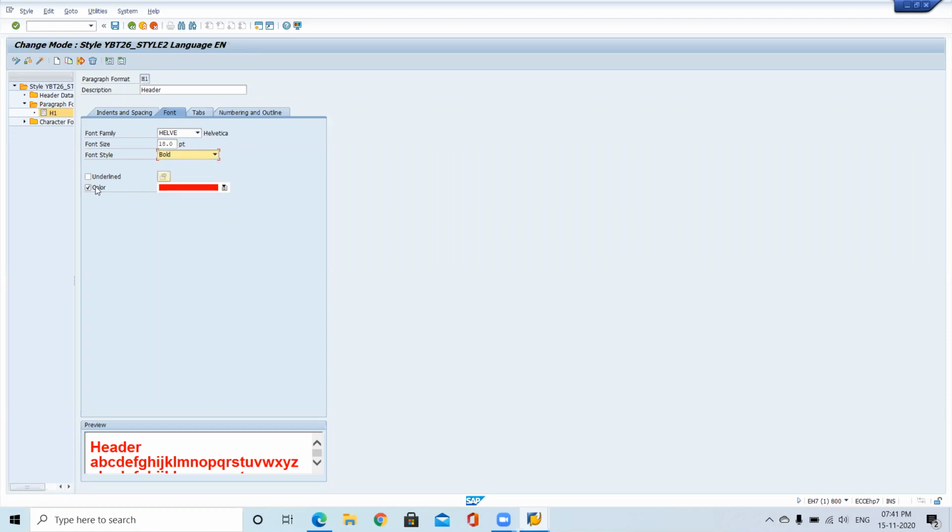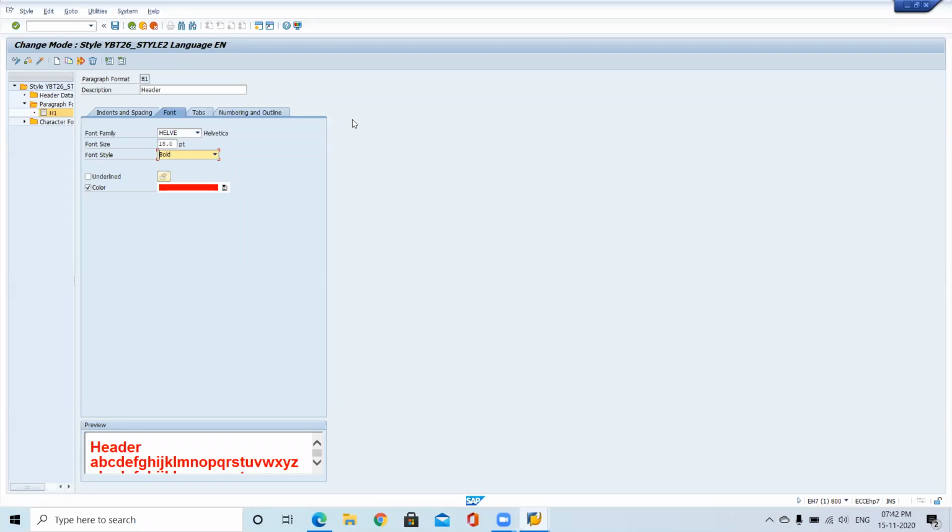Font size, font style, and color we can also change anytime, right, sir? I mean, font size and font style we can change in between also, right? You can change at any time, but what is the problem? In a previous case, we used a smart style in 5 forms. If you modify here, it will reflect in all the forms. Oh, okay. It's general for everything.